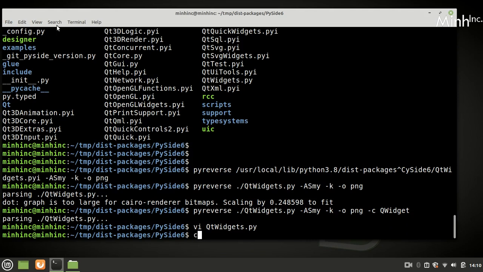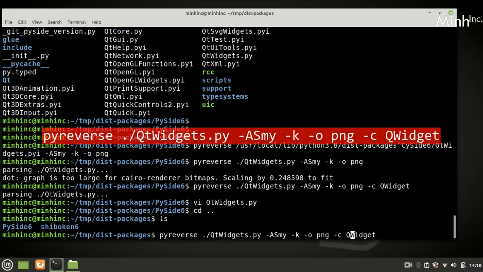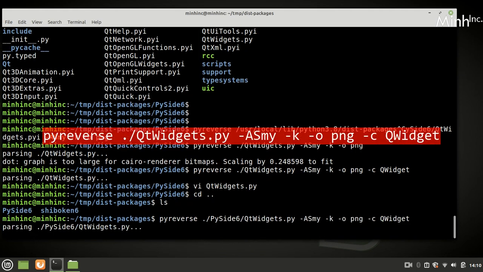So what we can do is, one solution is we can come here, and from here we can see PySide6. So now this current directory comes under Python path, so it should be different. So we'll try again pyreverse. Here we will put PySide6, then try again.